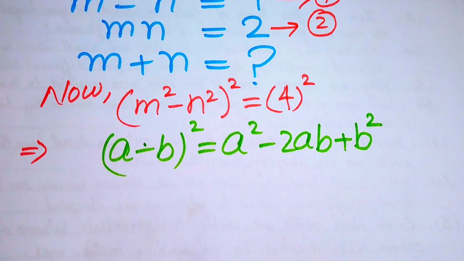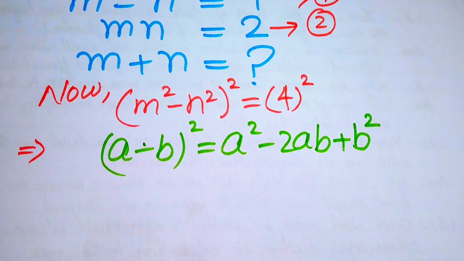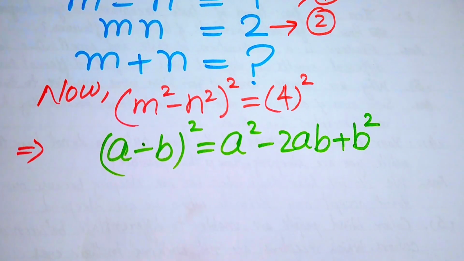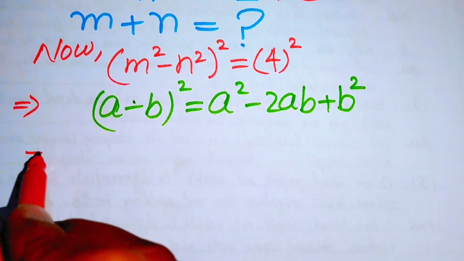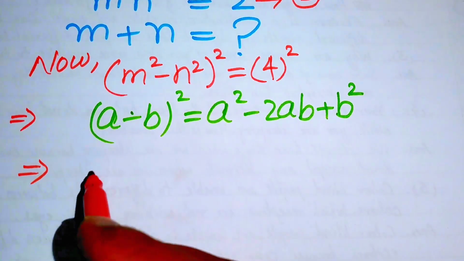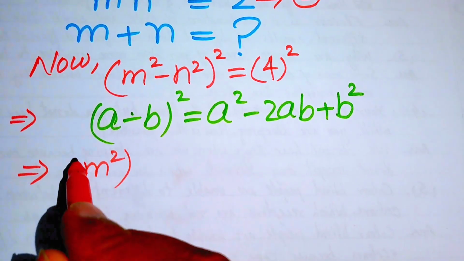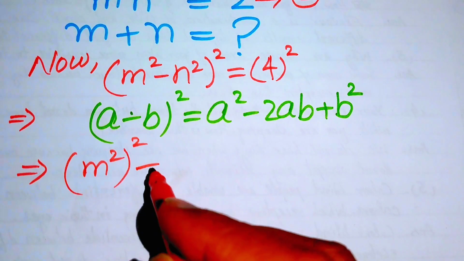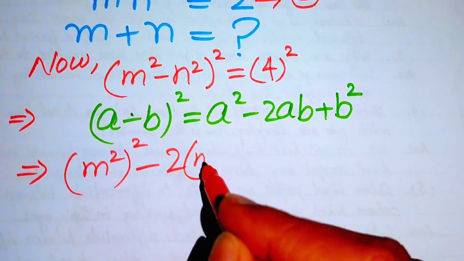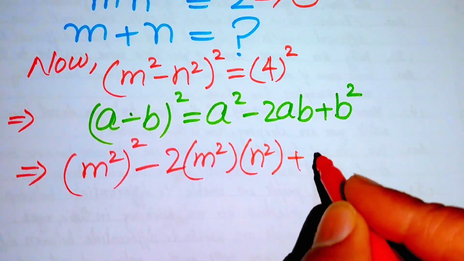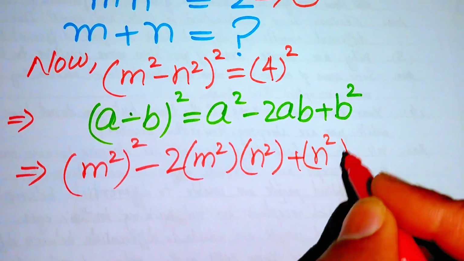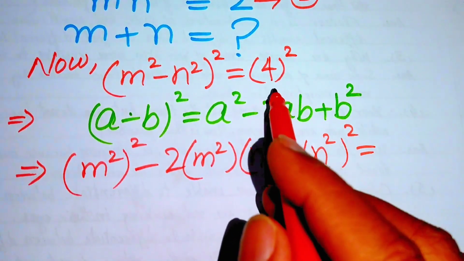So we use this square identity in the above term and we get its output in this form. So when we take the square of m square, then you get m square and its whole square, and minus 2 times m square into n square, and plus n square and its whole square equals